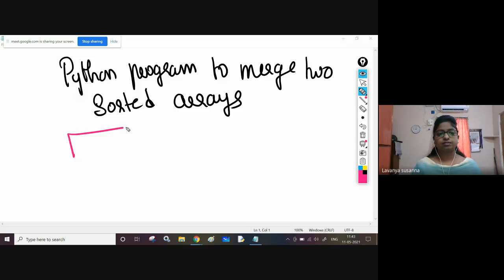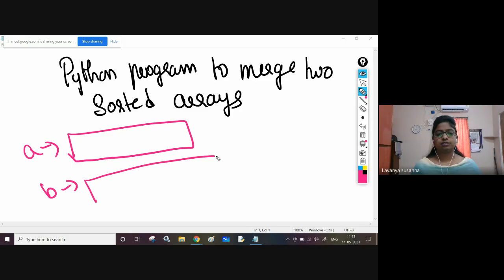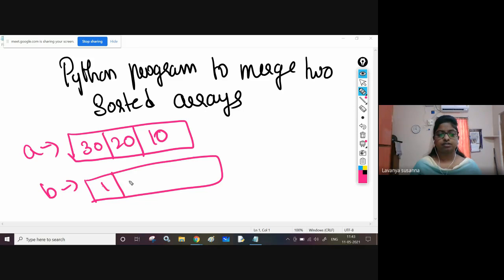Two arrays, A and B. Something like 30, 20, 10, and something like 2, 3, 10, 1. See, these are the arrays. These are the input. Input A contains 30, 20, 10. B contains 2, 3, 10, 1.